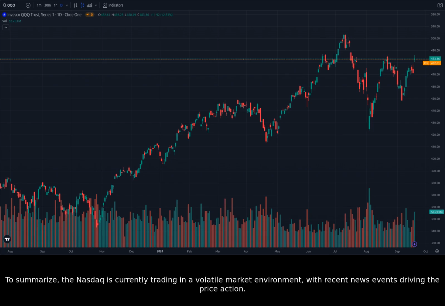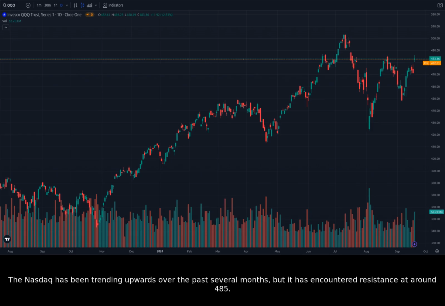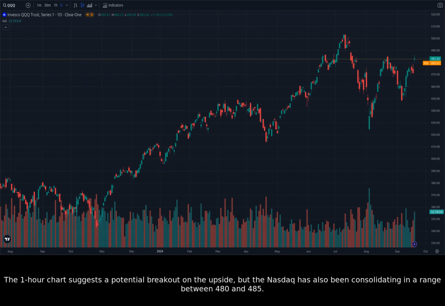To summarize, the Nasdaq is currently trading in a volatile market environment, with recent news events driving the price action. The Fed's rate cut has boosted investor confidence and fueled a rally in the market. However, there are still some concerns about the potential for volatility. The Nasdaq has been trending upwards over the past several months, but it has encountered resistance at around 485. The 1-hour chart suggests a potential breakout on the upside, but the Nasdaq has also been consolidating in a range